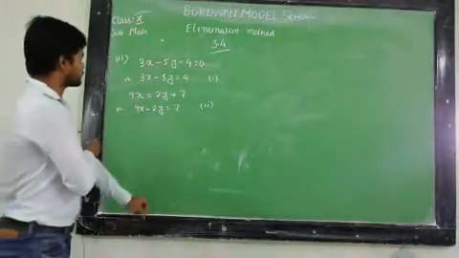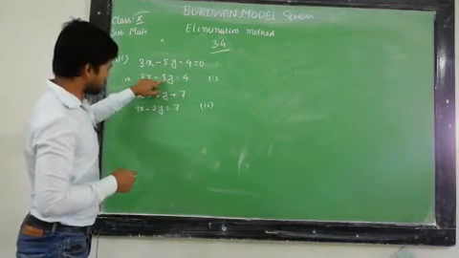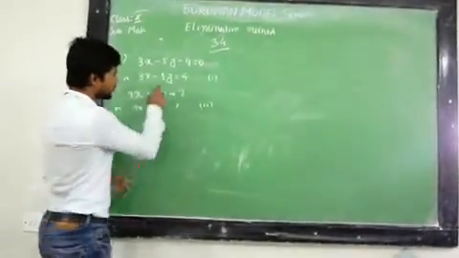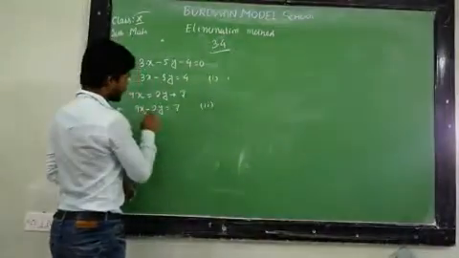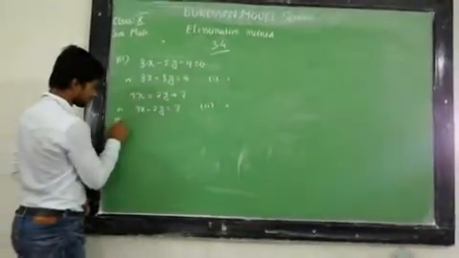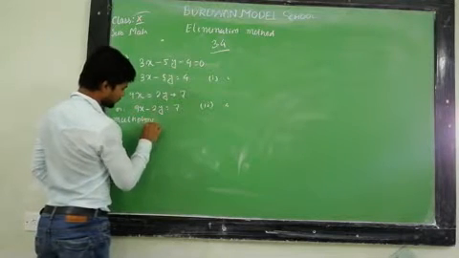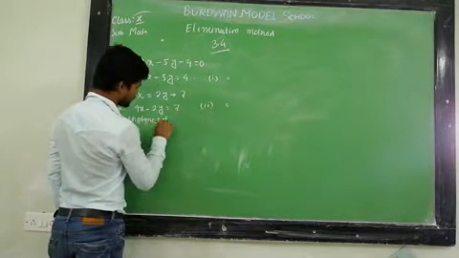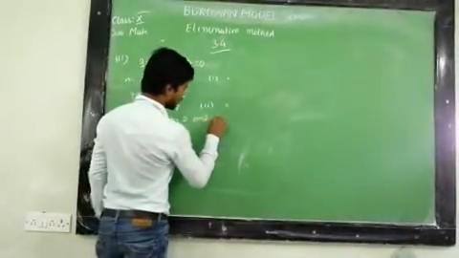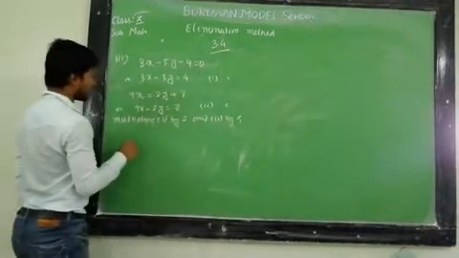Okay, so look, here the coefficient of y is 5 and here the coefficient of y is 2. So we'll multiply this equation by 2 and this equation by 5. So multiplying equation number 1 by 2 and equation number 2 by 5 we have,